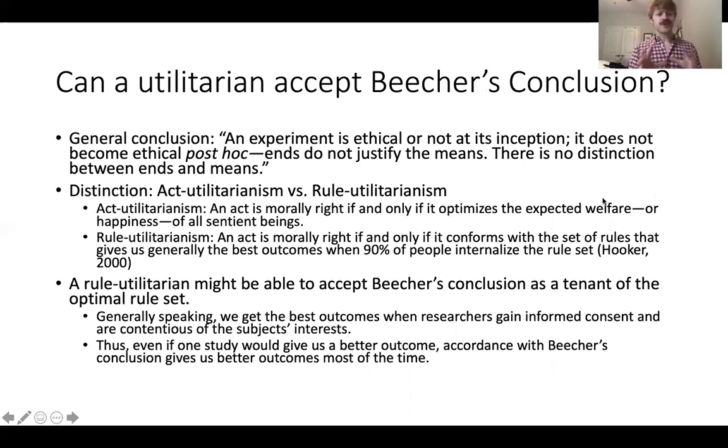So recall that the general conclusion is that an experiment is ethical at its inception, and the ends don't justify the means, right? So a utilitarian may have to reject that general conclusion. However, we can draw a distinction between different kinds of utilitarianism. So we can distinguish an act utilitarian from what we might call a rule utilitarian. Okay, so what is act